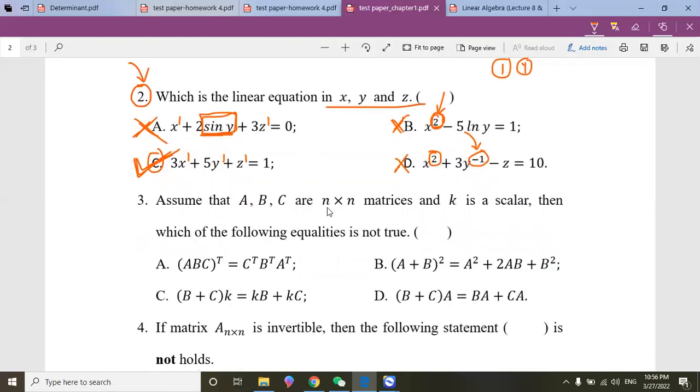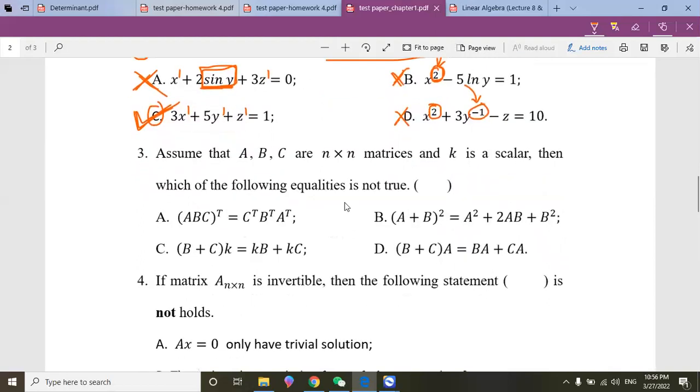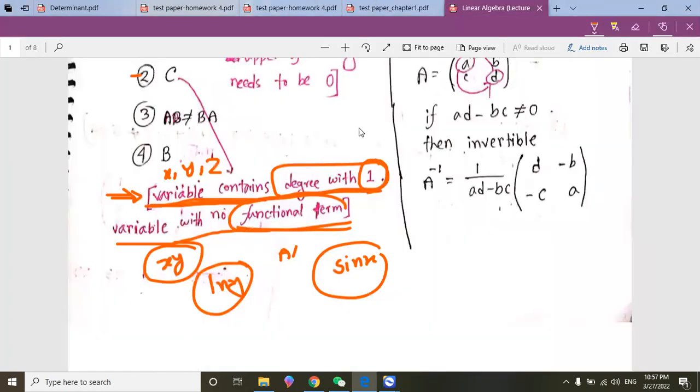Assume that A, B, C are n by n matrices and K is a scalar. Then which of the following inequalities is not true? Okay, so K is a scalar. That means some kind of number like 2 or 3. And A, B, C, they are n by n matrices. That means they are square matrices. Then which of the following equations is not true? The answer will be